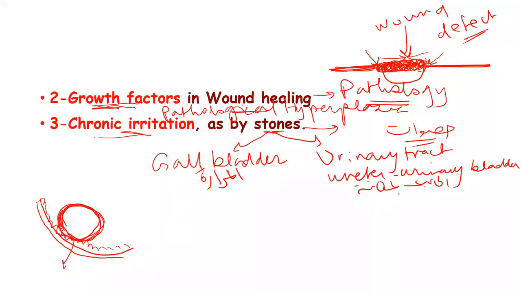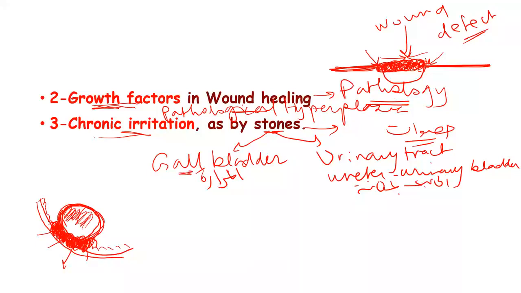The epithelium loses... and then it again goes and proliferates like that to avoid ulceration. So the epithelium in contact with the stones will undergo hyperplasia, trying to avoid this irritation, trying to avoid ulceration, and so it will become hyperplastic like that. So with chronic irritation by stones, I have epithelial hyperplasia of the lining epithelium in a gallbladder or in the